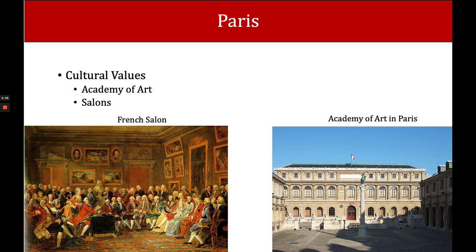One thing that I want to note as we move on is that Paris is becoming the cultural center of the world. We talked at the very beginning of the semester about how Florence became the cultural center of the world during the Renaissance. Well, what happens is that France starts to catch up, and then it surpasses Italy and becomes the main art center of the world. And it still, for the most part, remains that to this day. New York kind of catches up in the 1940s, and we'll take a look at that a little bit later. But by and large, art is centered in Paris.